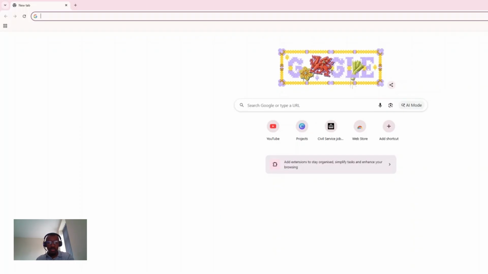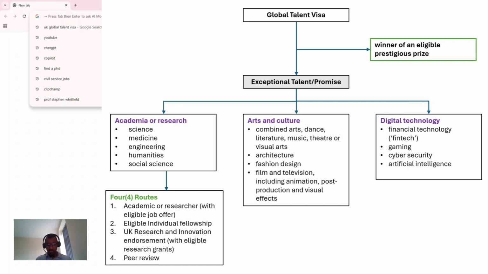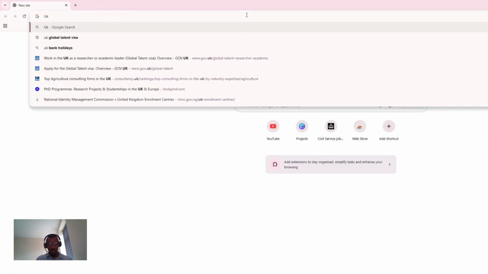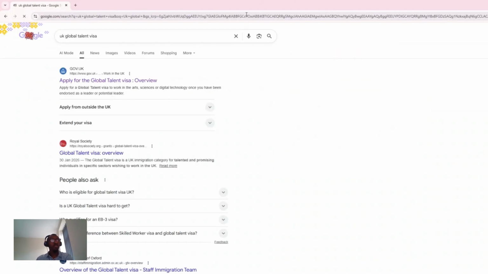I'll seize this opportunity to take you through the website, see how you can search the website, and then map out the existing global talent visa categories currently on the gov.uk website. So without much hesitation, let's search Google for UK global talent visa. You can see the first output here says apply for global talent visa overview. Click on that,